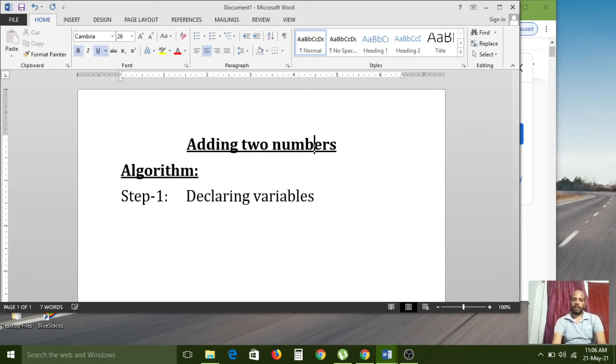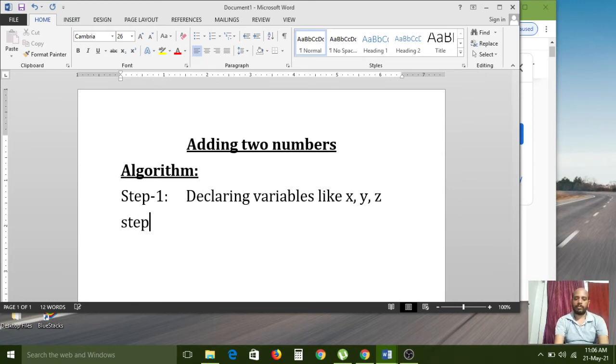For this program, I am using this algorithm. Declaring variables like x, y, z. So these three variables I am declaring.